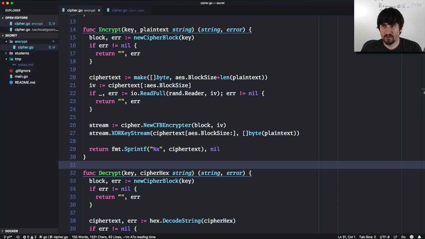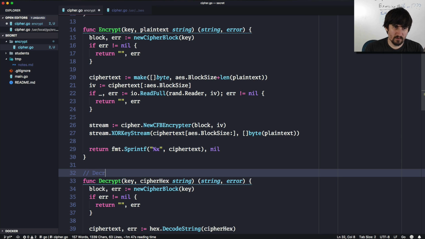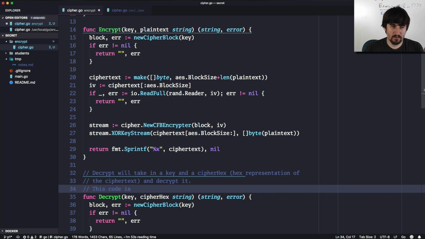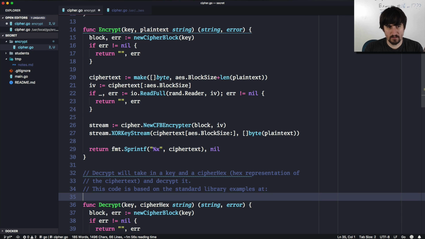I am going to comment two quick things here. The first is, Decrypt will take in a key and a ciphertext and decrypt it. This code is based on the standard library examples at